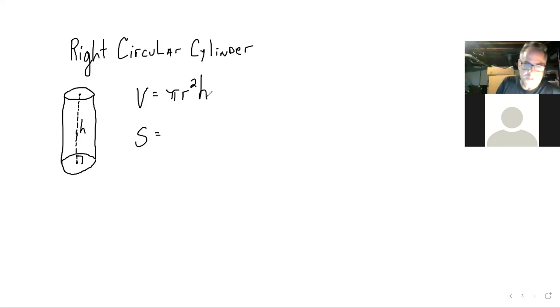Now the surface area looks a little more complex, but we can put it together. It's a sum of two different areas. Now, remember, again, surface area is in squared units. So you've got the area of the circles, top and bottom, and then you have the surface area going around the cylinder itself. So as far as the surface area of the cylinder in and of itself, what I'm going to do is I'm going to multiply